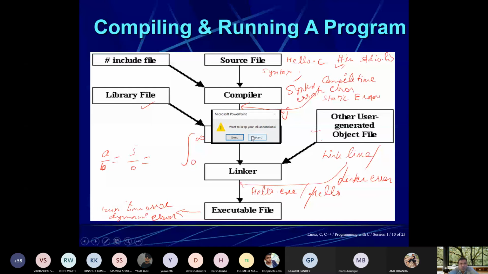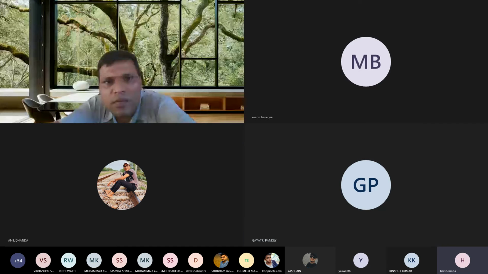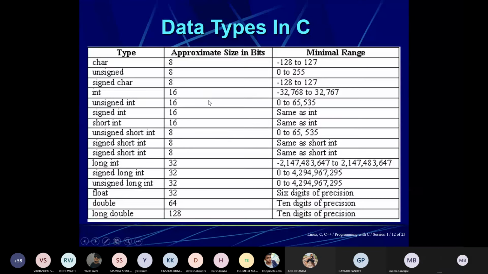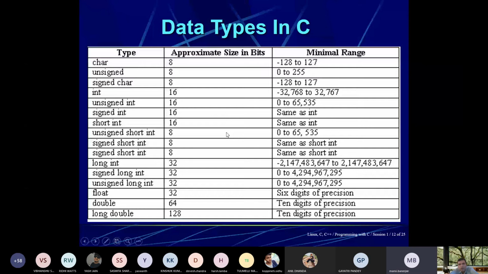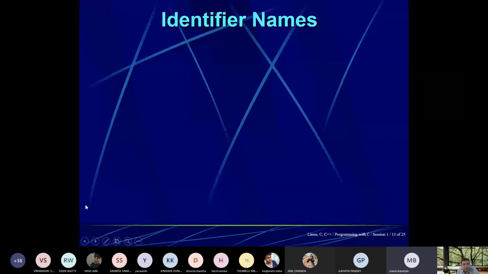Now is it visible to you? No, sir. And now? Yes, sir, it is visible. Visible or not? Visible, sir. Okay, thank you very much.